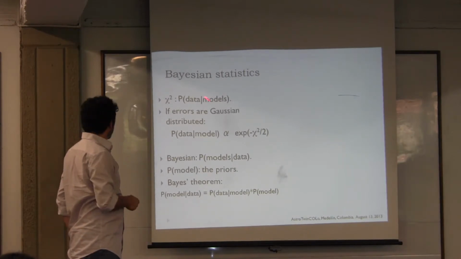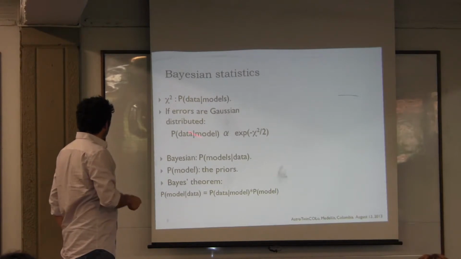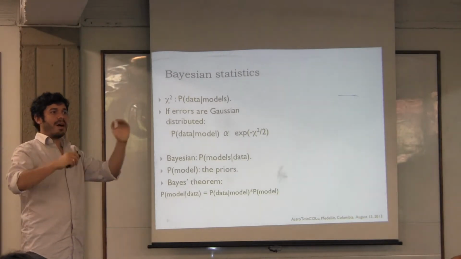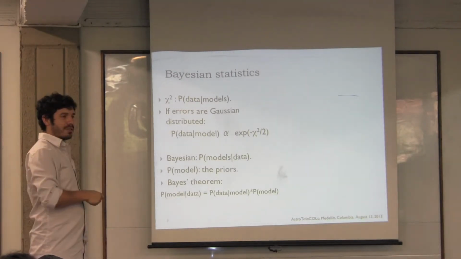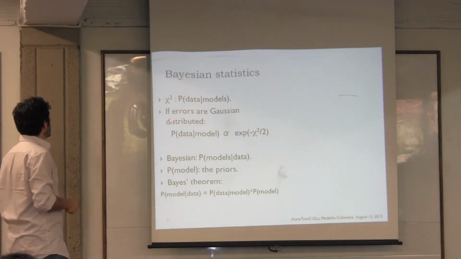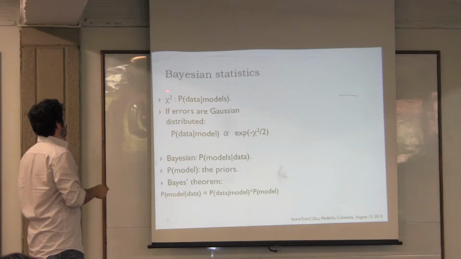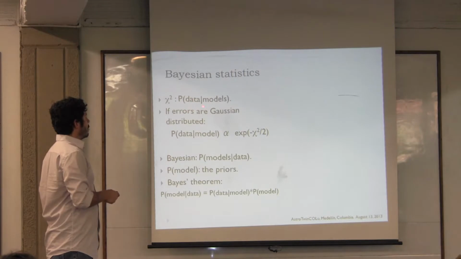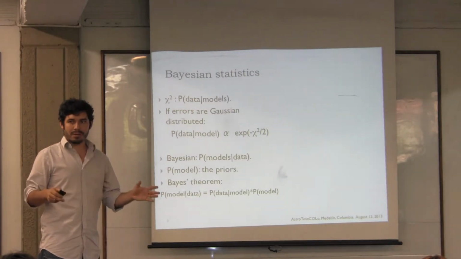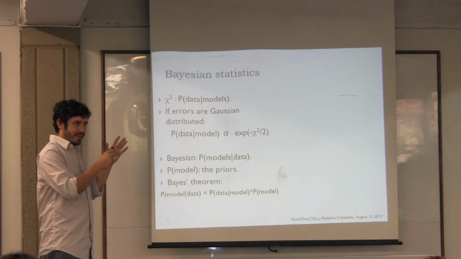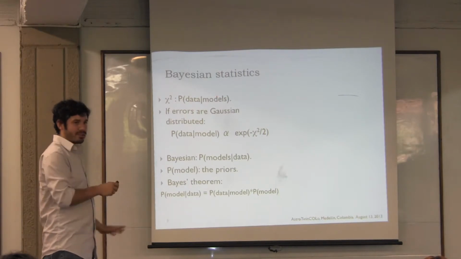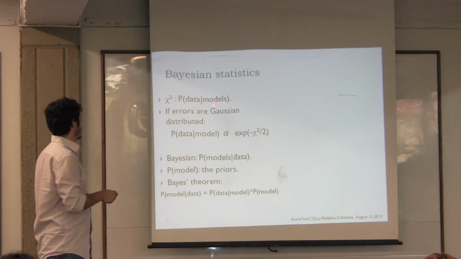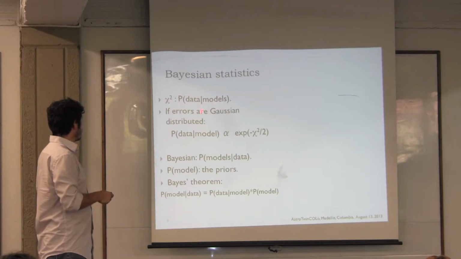And this is where I introduce what we call Bayesian statistics. That you work with probabilities instead of having just a measure of how far your fit is by just measuring distances. You're actually talking in terms of probability. Actually, what the chi-square minimization is giving you is the probability that your data could be drawn from one of your models. So you're measuring what is the probability of your data given that those models are true. This is a concept that gives you the likelihood of the data being produced by your models.